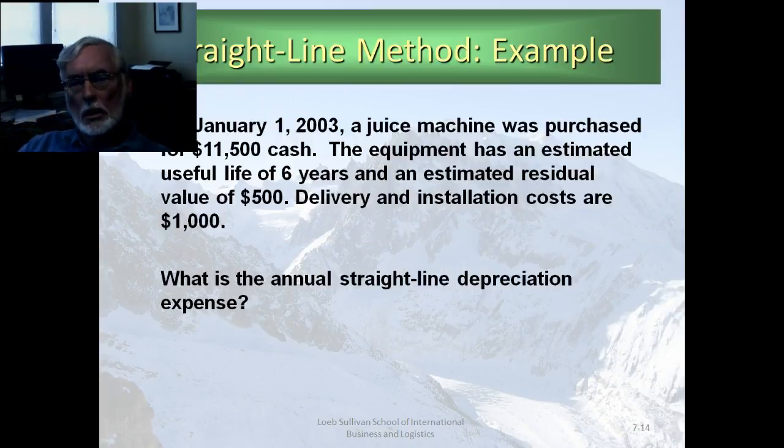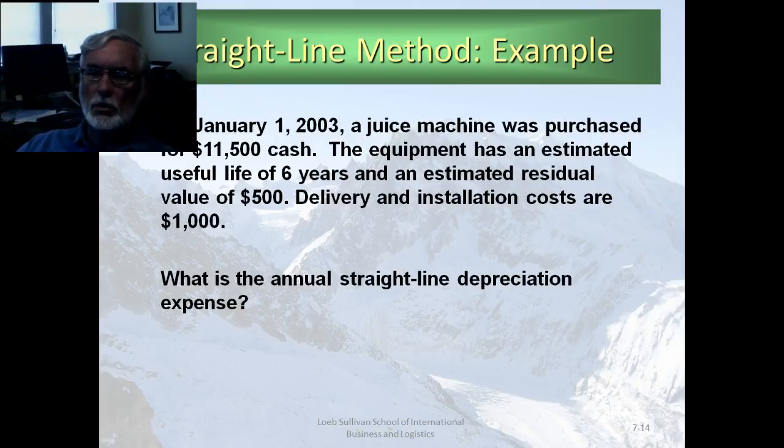So I'm going to give you some examples here, and this is an example of a juice machine. I don't know if any of you have ever been in a hotel where they had the automatic orange juice machines where you can take a fresh orange, put it in the top, hold your glass underneath, and get fresh squeezed orange juice. The machine just squeezes it for you. I think they're really cool. I've been using this example for a while. Those machines usually sit in the breakfast room of a hotel, usually a somewhat fancier hotel, and you can get fresh squeezed orange juice. So the example here is